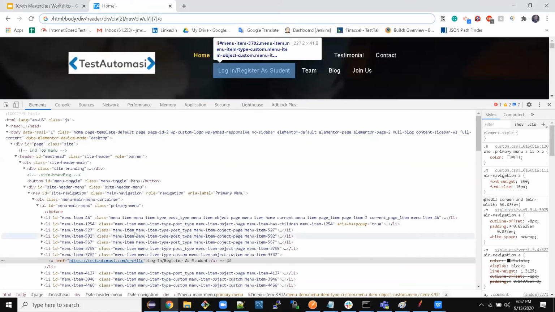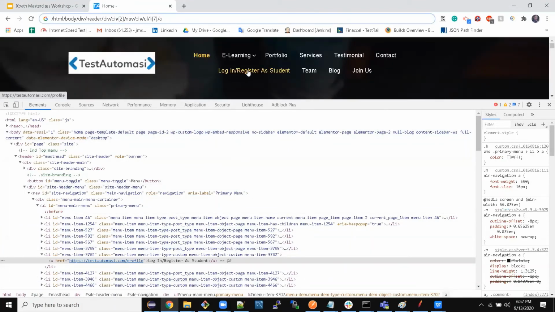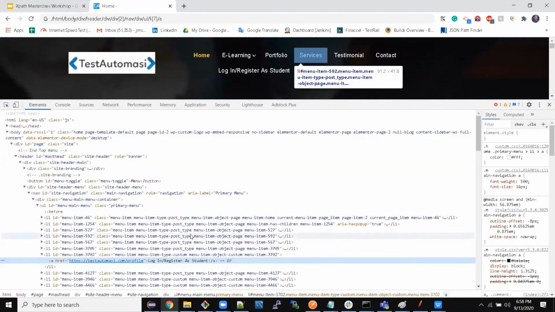Now comes the second part, which is relative XPath. Relative means you find an XPath which does not depend on the nodes. It is independent from the nodes, and mostly it is found using either text or some kind of thing which is unique on that particular page. So if I find the XPath of this link, what would it be?